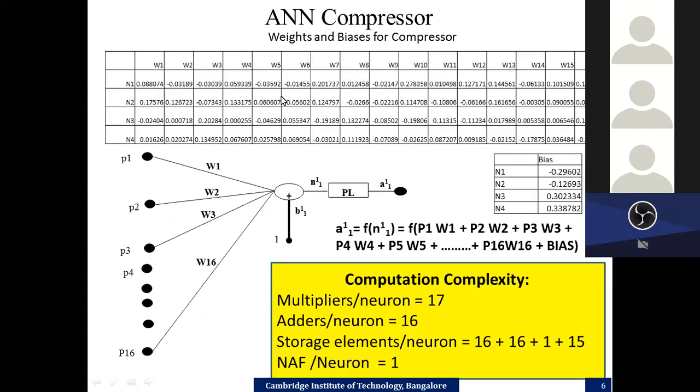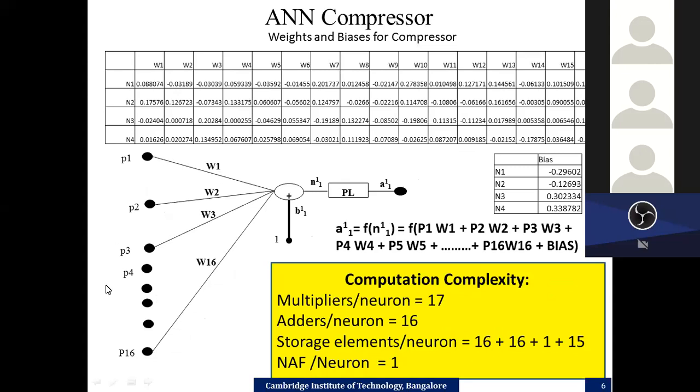Now, this is the weight matrix that has been generated after the training program. I have captured these weights from the MATLAB environment. If I take neuron 1, there are 16 weights, all of them in fractions. For neuron 2, there are again 16 weights. Neuron 3, neuron 4, all the 16 weights have been captured after training the network in the MATLAB environment.